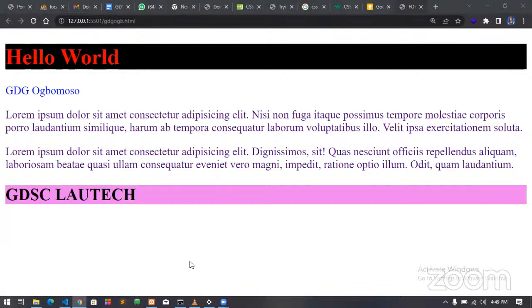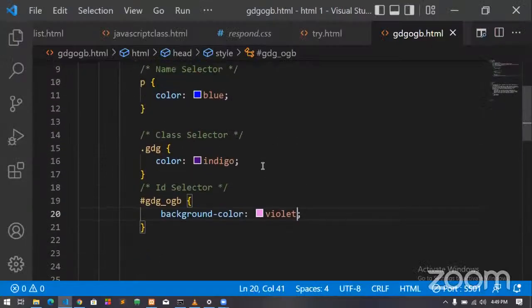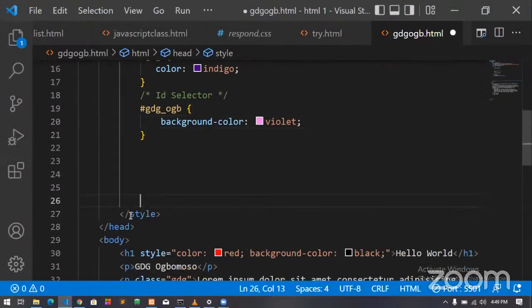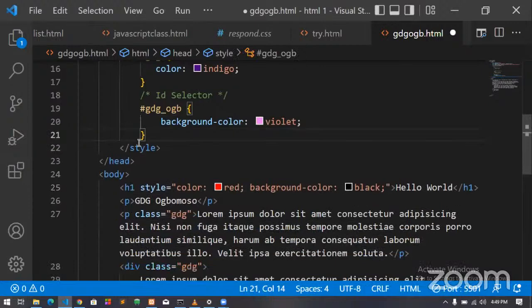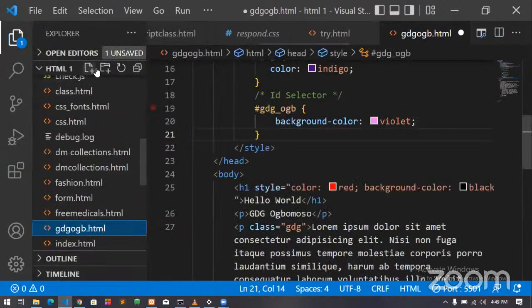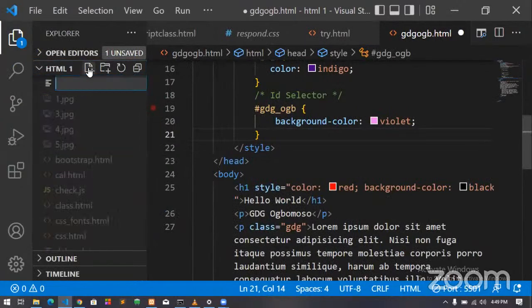Great. So this is us using internal styling. Now, if you want to use an external styling, what we will do is the same way we have GDG Ogmosho, then we are going to create another file now. If you want to use external styling in this context, I will name my own external styling GDG Ogmosho